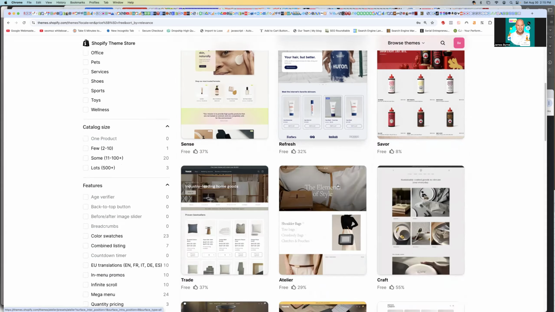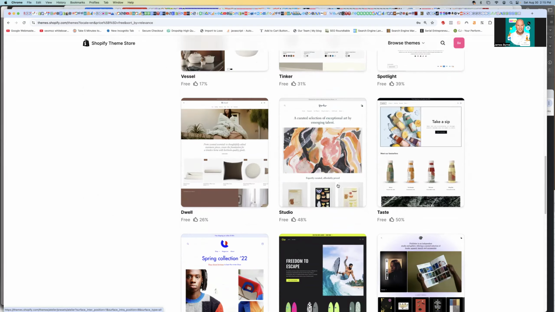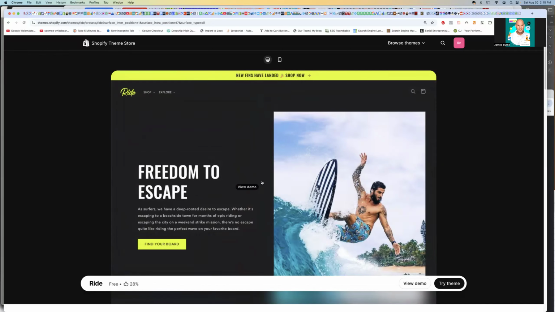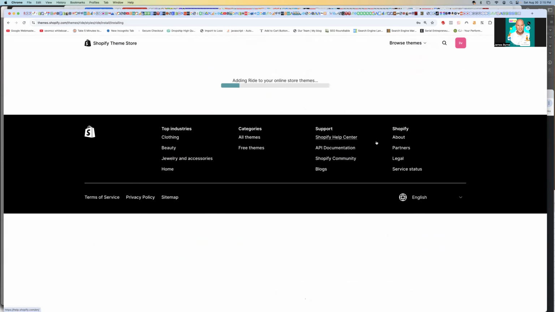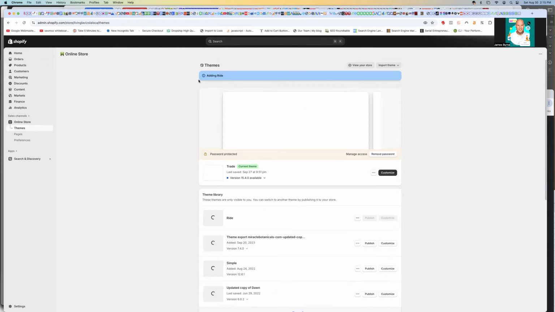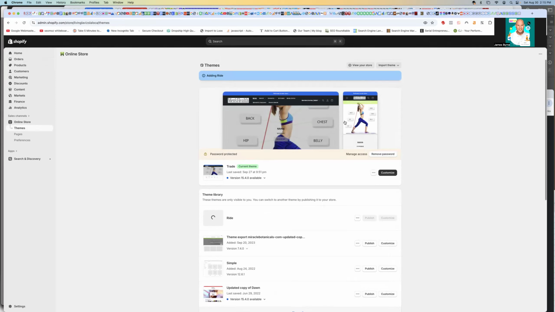So we're going to go ahead and go down and click on Ride here. And if you look at Ride, you can look at the demo where you click on Try Theme down here on the right-hand side. So I'm going to click on Try Theme. It's going to take it into my store. And if this was an active store, it's going to put it in there as a secondary theme. So right now, my live store is the one at the top, and then it's adding Ride as